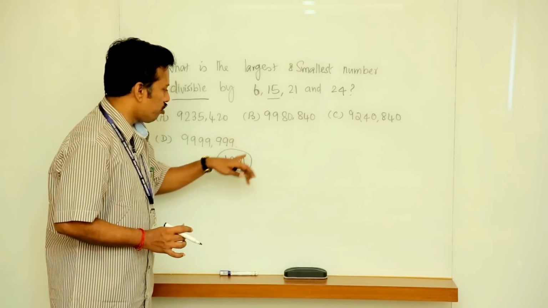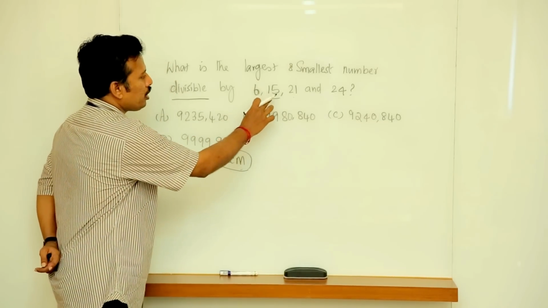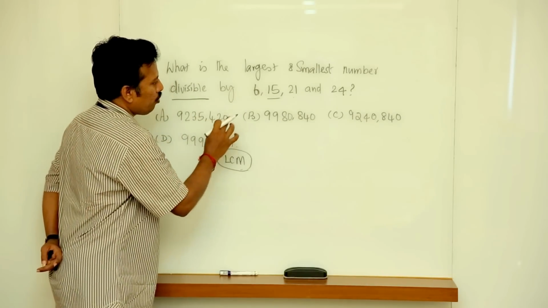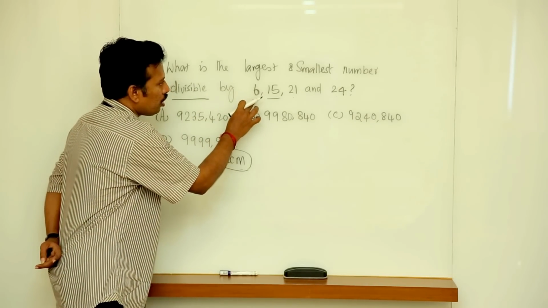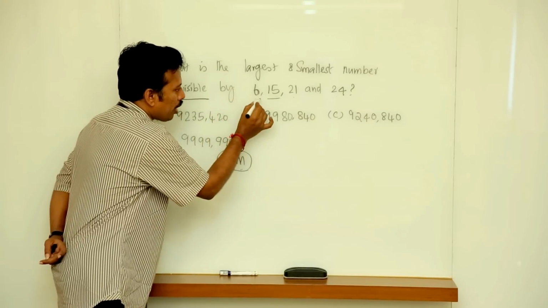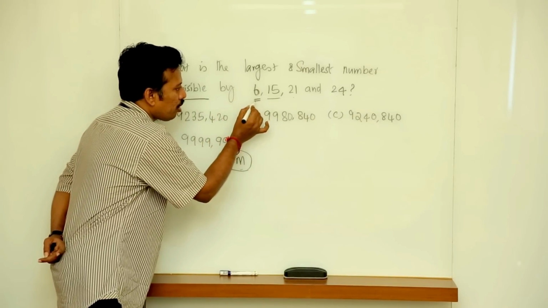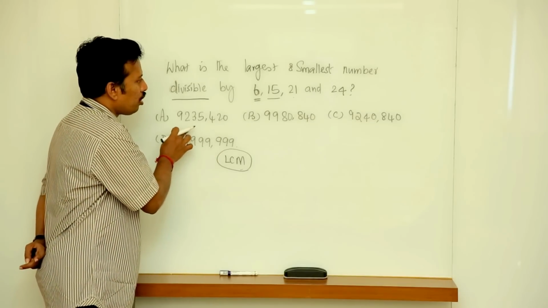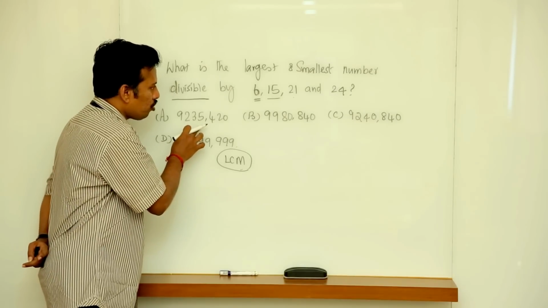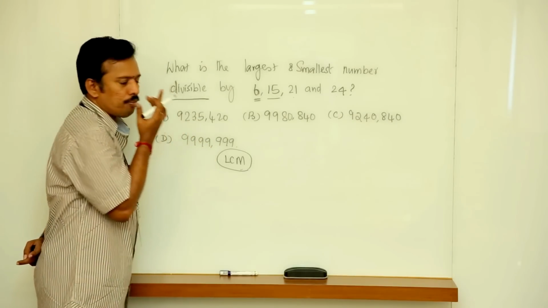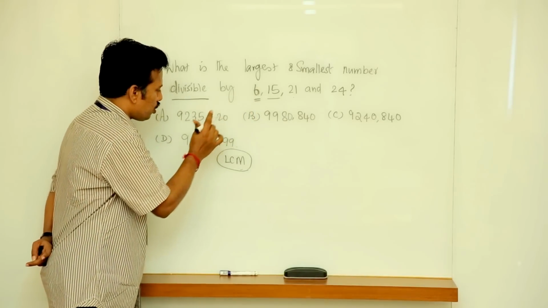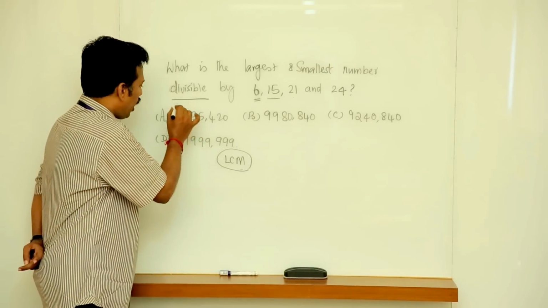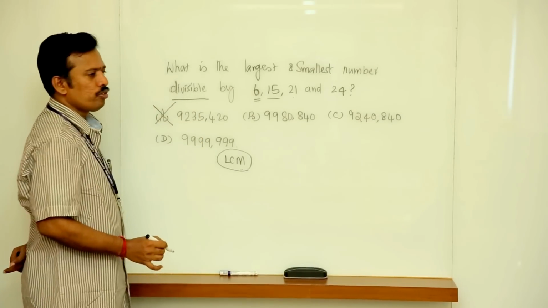So eliminate the answer choices which are never possible. A number divisible by 5 should end with 0 or 5, but this question is about a common multiple, where you can find an even number also. That means definitely your multiple is not ending with 5 or any other odd number. There is an even number there. So definitely the choices never end with an odd integer. So eliminate this answer choice.